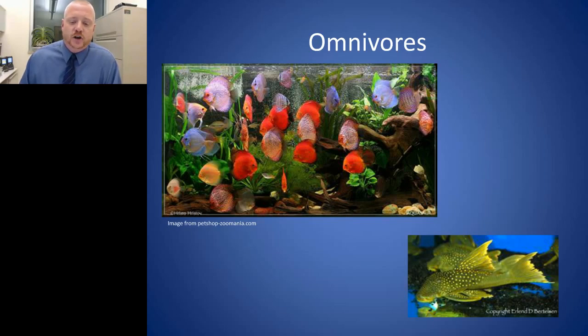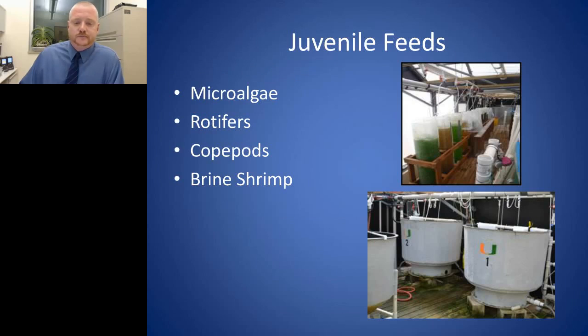On the bottom right is one of my favorite fish in all of the aquarium hobby. It's a green phantom plecostomus, and most people think of plecos as algae eaters and suckerfish, but they actually require vegetable and meat-based foods. So just because your vendor or your pet store tells you it's an algae eater, that doesn't mean it's not going to need other things besides that. So again, it goes back to knowing about your fish.